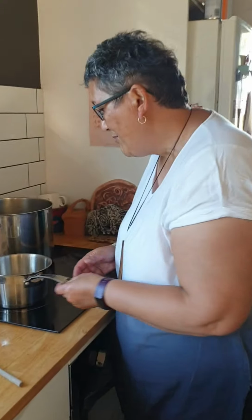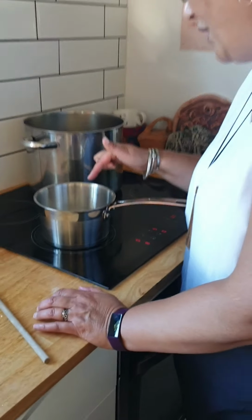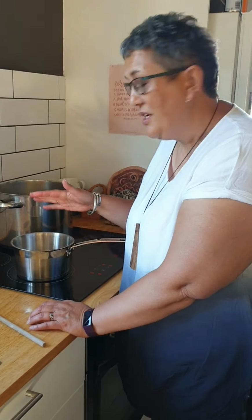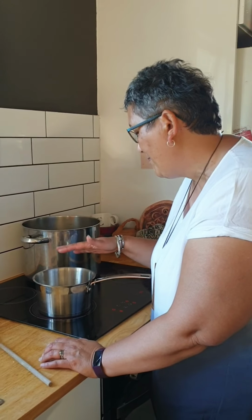So I've got a heavy bottom pot, just a small bottom pot, and I've put in half a cup of white sugar, and I'm just going to let that start to caramelize or burn. Now, the darker it is, the more bitter it becomes. So we don't want it to go black and all the rest of it. It will smoke a little bit, but we don't want it to go black because we don't want bitter pudding,